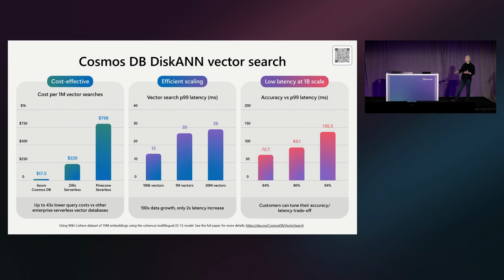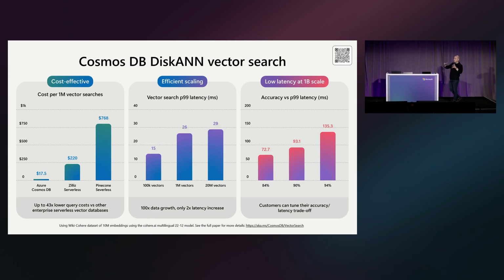If you've ever searched for any videos or images on Bing, it uses DiskANN technology behind the scenes for that semantic search. Starting from the left here, we see that Cosmos DB semantic search with DiskANN is extremely cost-effective. If we compare Cosmos DB serverless with other enterprise-grade service offerings, it's up to 43 times lower query costs for those vector searches. It's efficient at scaling. We can see that as your data size grows from 100,000 vectors to up to, say, 20 million vectors,